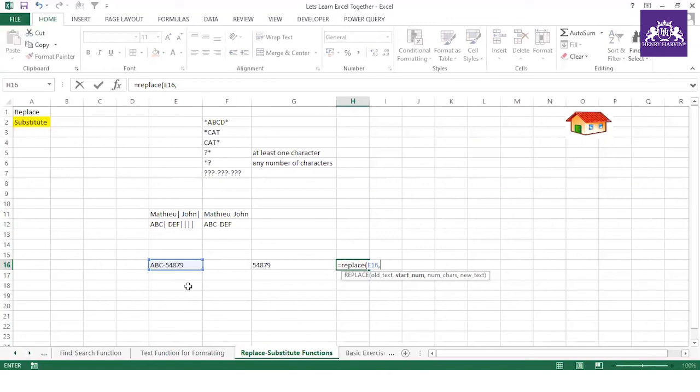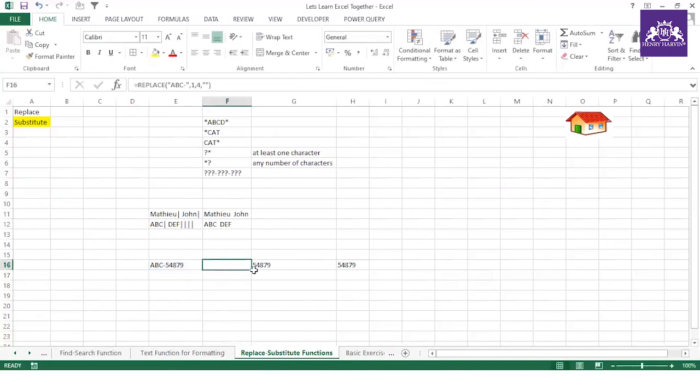Start number: I want my string which has to be replaced to start at 1. And now, how many characters do you want to be replaced? 4 characters. And then new text, maybe blank. So now you see the result we achieved. So I hope you found this useful, and these are very important functions in Excel which are used most, and